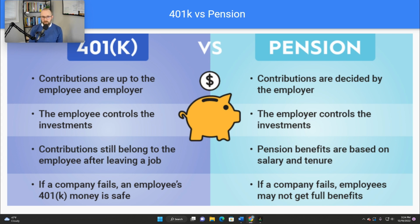I personally like the amount of control the employee has on a 401k, as opposed to a pension being kind of left for you to figure it out yourself. But that's some good information, just to say, all right, well, since we don't have pensions all that much anymore, kind of a good side by side. Now, jumping into